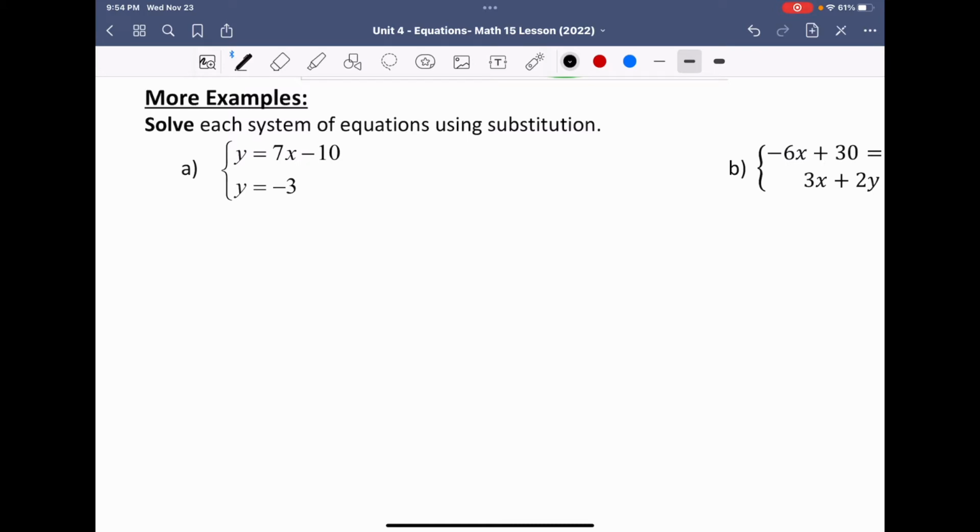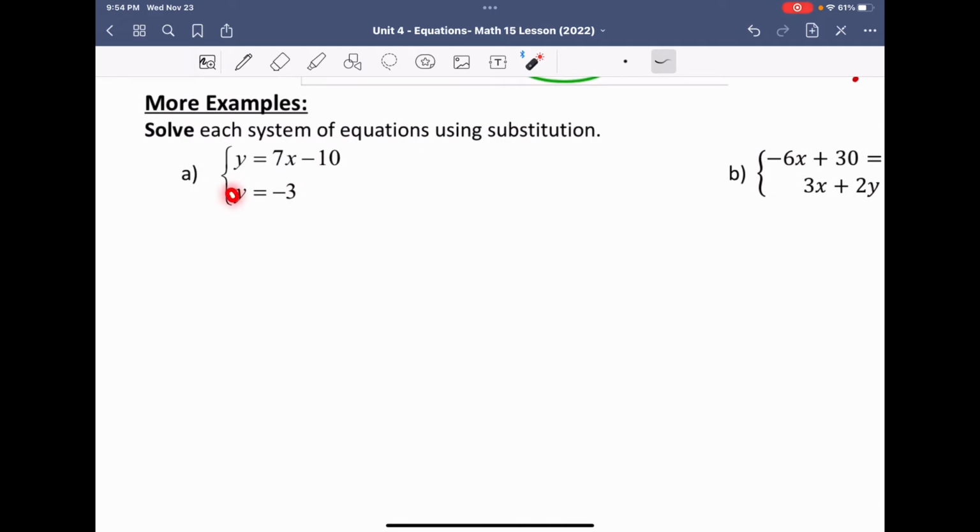Well, what did we have to do? We have to take one of the equations and see if they're already isolated for the variable. The nice thing is both of these equations are isolated for the variable, so regardless of if I take this y and plug it in for this y, or the top y and plug it in for this y, I get the same thing. When we do our substitution, if I take the -3 and I plug it in for the y above, I would get -3 is equal to 7x